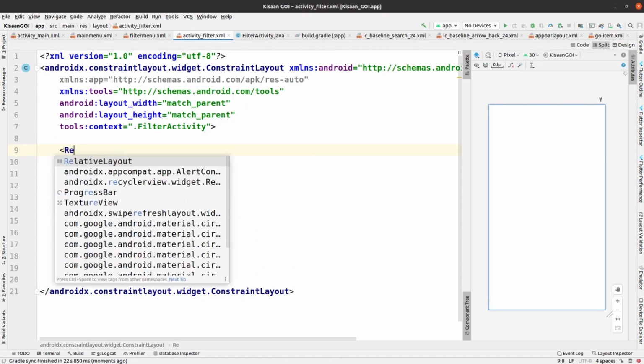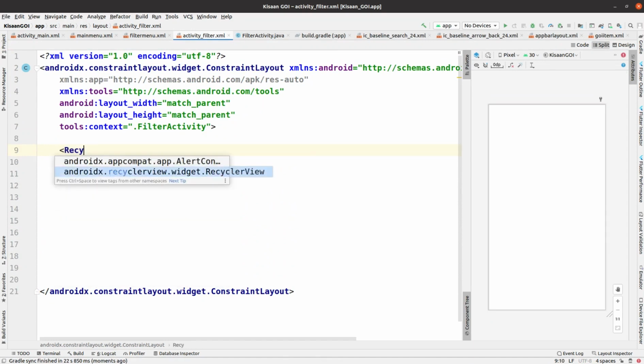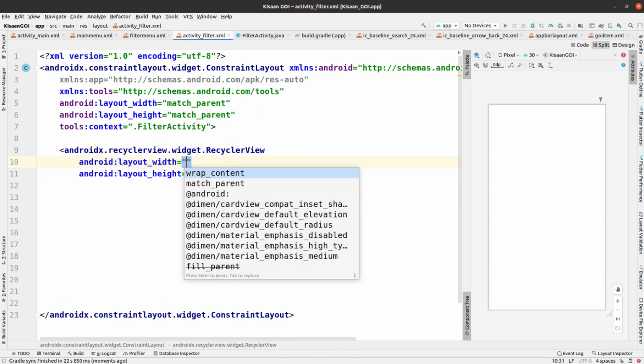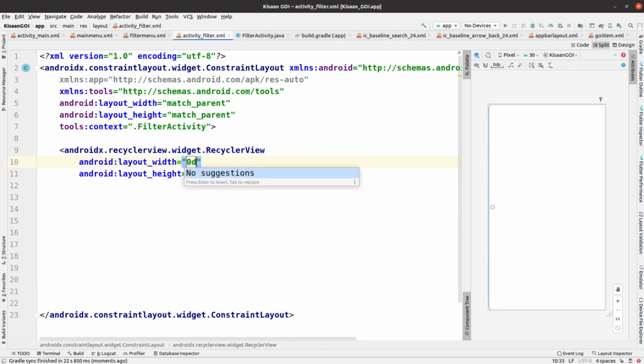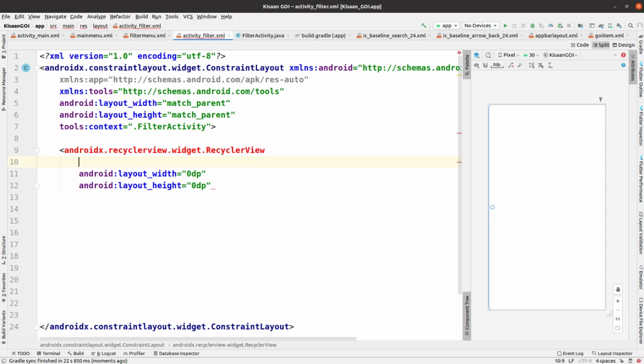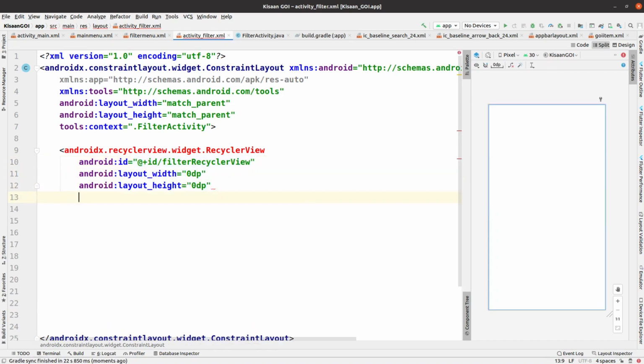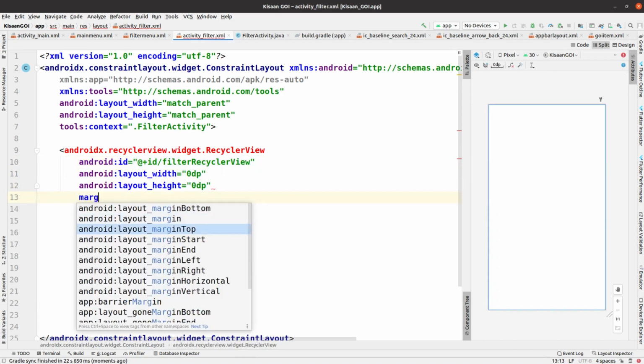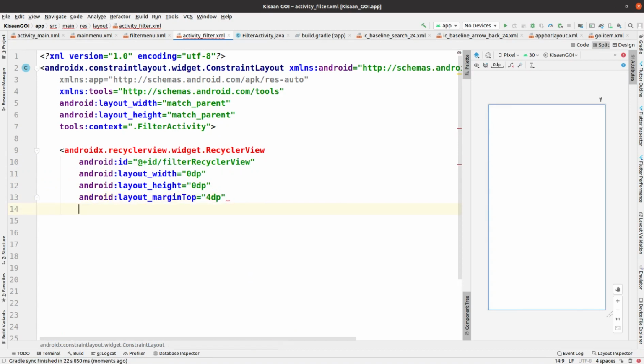Okay, so firstly we need the recycler view here with width and height as 0 dp, and I have to give the ID for this particular recycler view as filter recycler view. Okay, so the ID is successfully given.